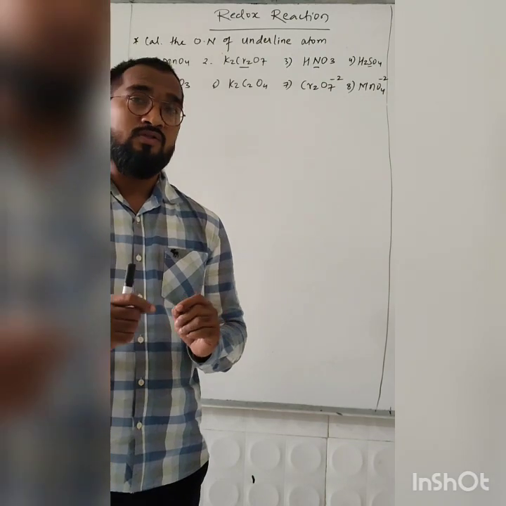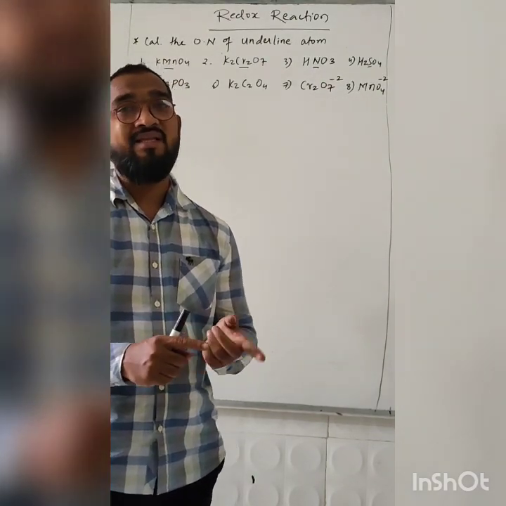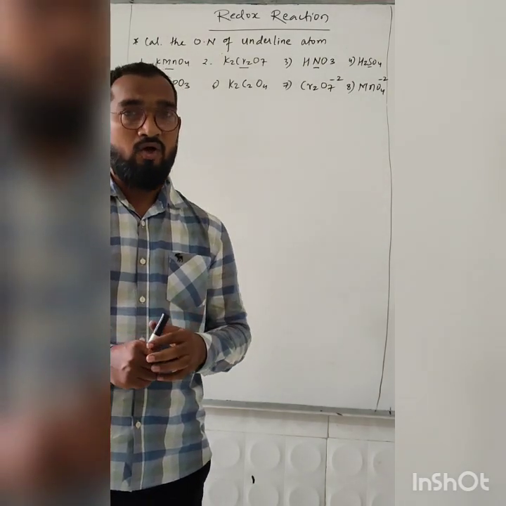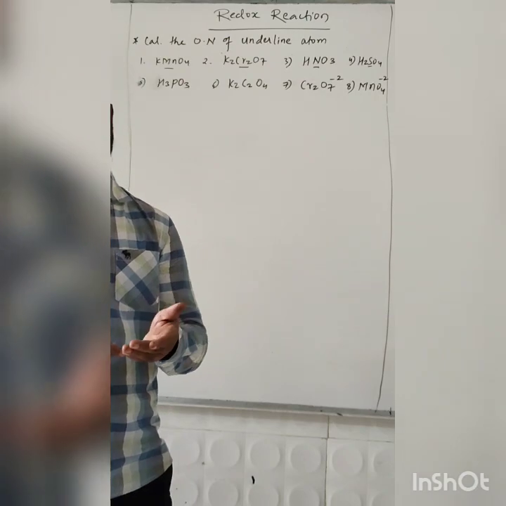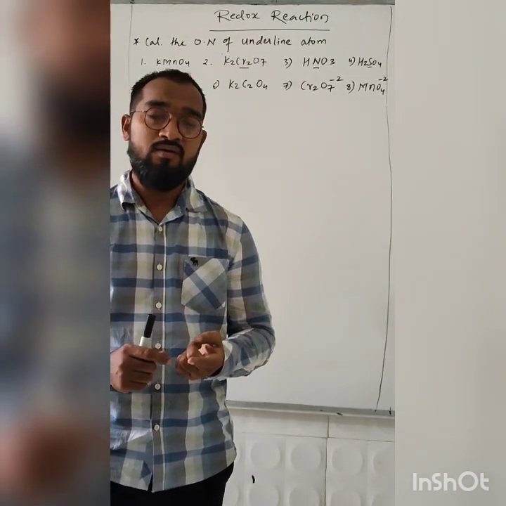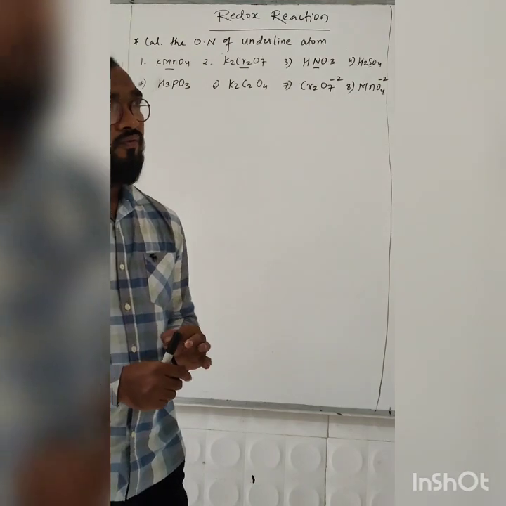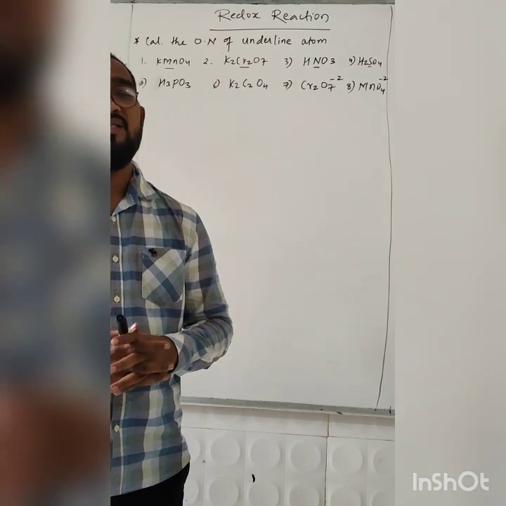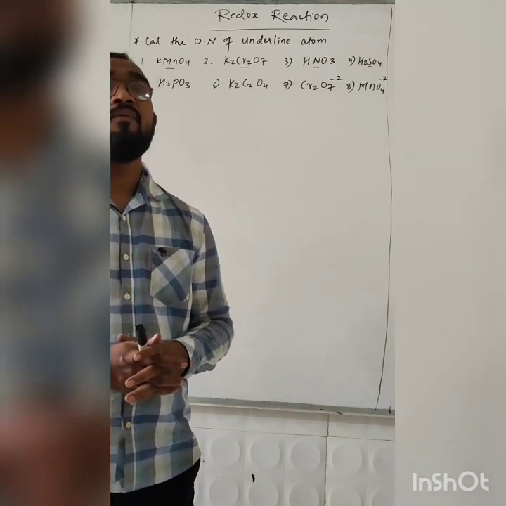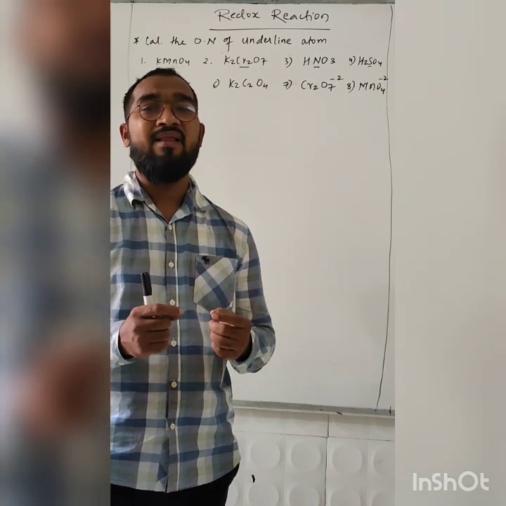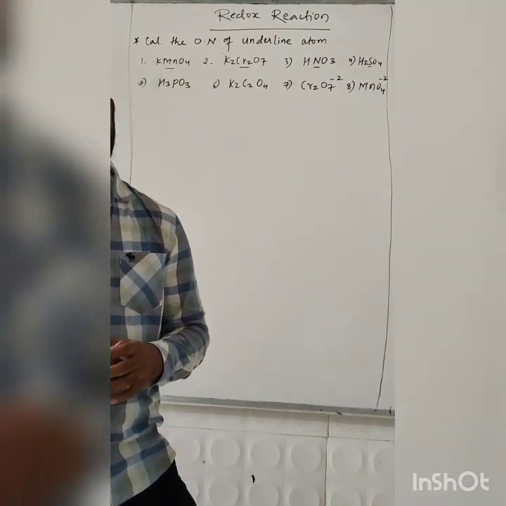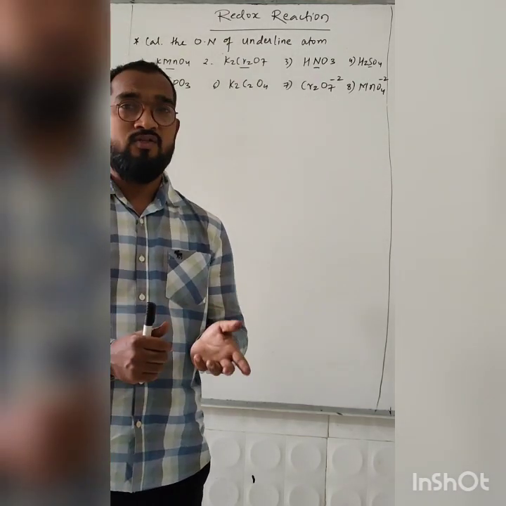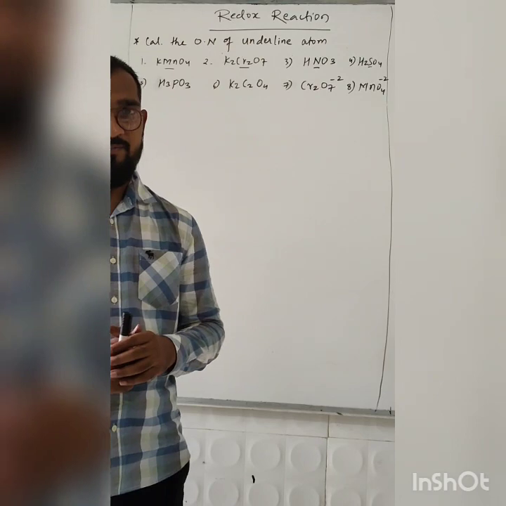Third rule: the oxidation number of hydrogen is either +1 or -1. +1 when it forms a bond with a non-metal. Hydrogen is -1 when it forms a bond with a metal. Fourth rule: the oxidation number of oxygen is always -2 except in hydrogen peroxide. Whenever a peroxide linkage is present, oxygen is -1. And in OF2, oxygen is +2 because fluorine is the more electronegative atom.